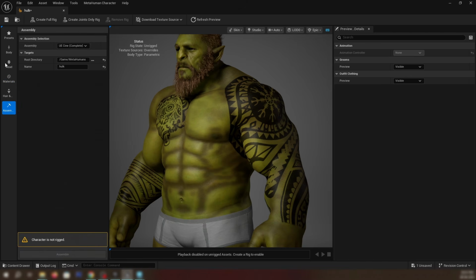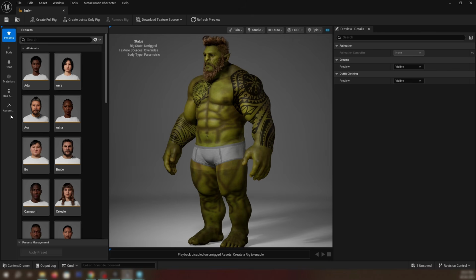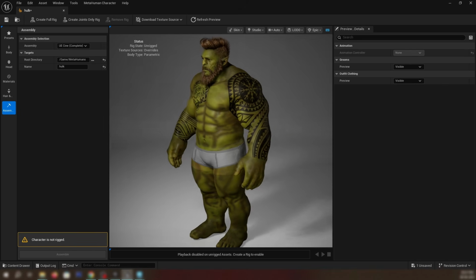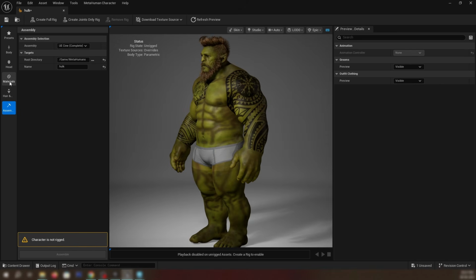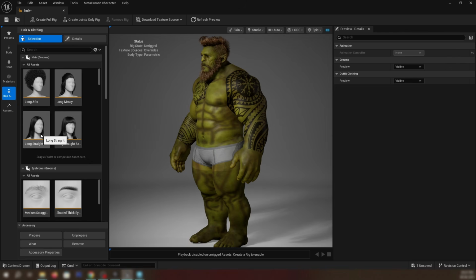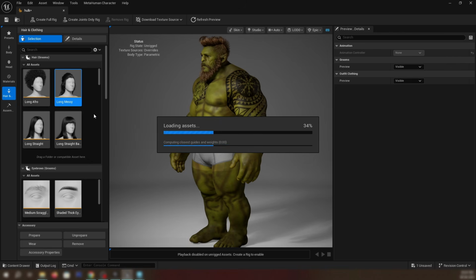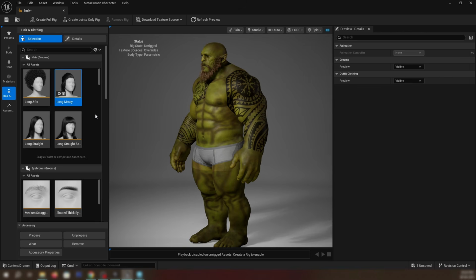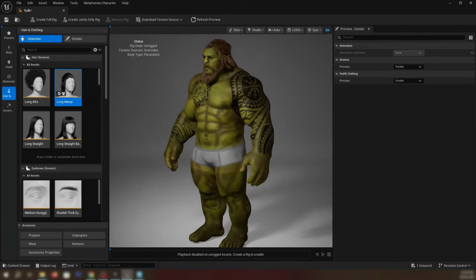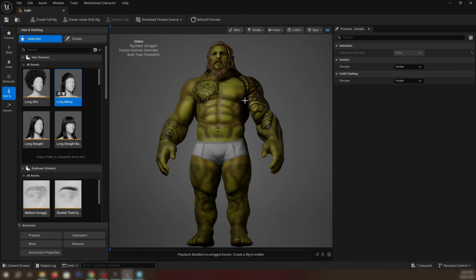Okay, let's find out if we create a rig for this, whether it will work or not, because this is just a static mesh that we are seeing right now. Let's try out some different hair, long hair, and see if it adjusts with the collar mesh or not. I think that will be adjusted with the physics. Yeah, it's adjusting a little bit, not much. It looks good.